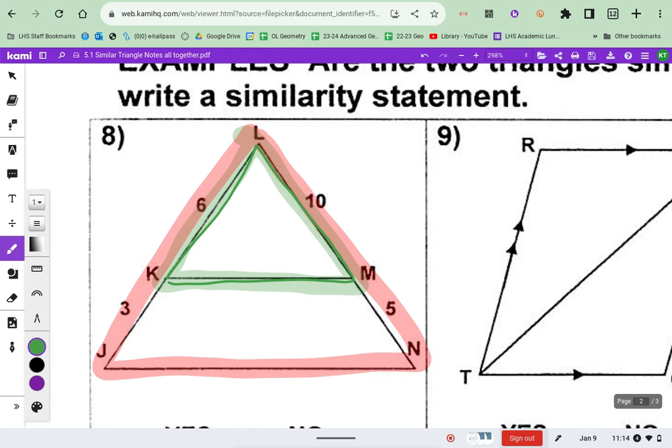Wait, so you got yes for SAS? So if you set up this, would it be